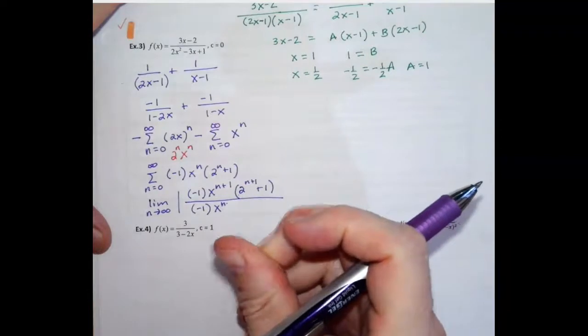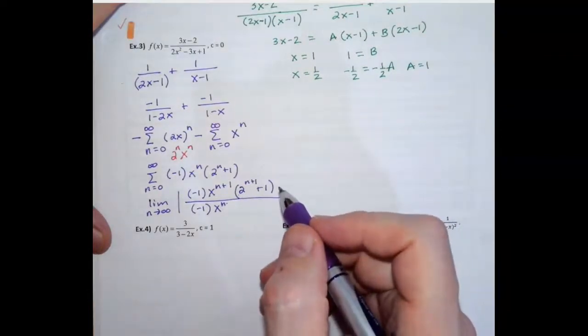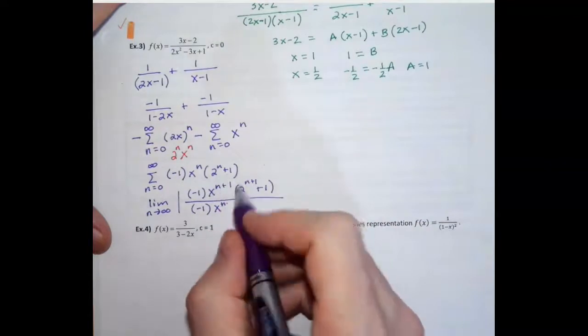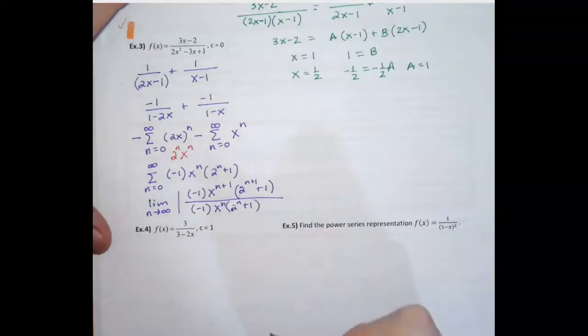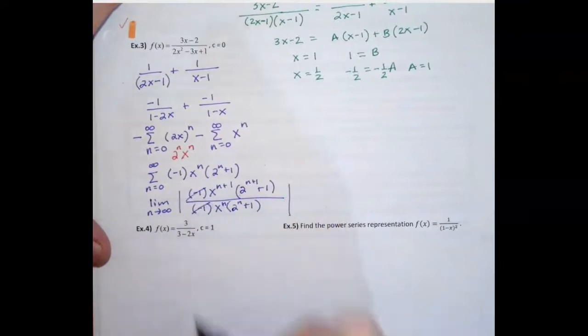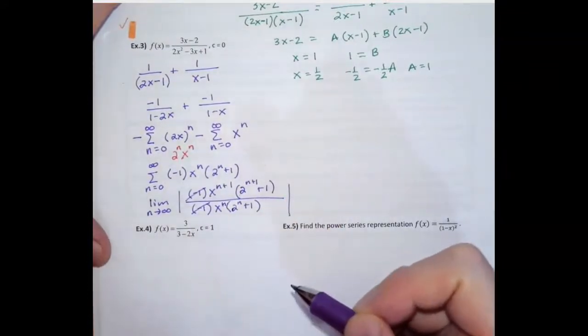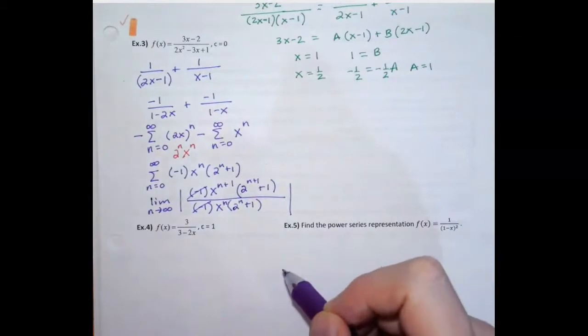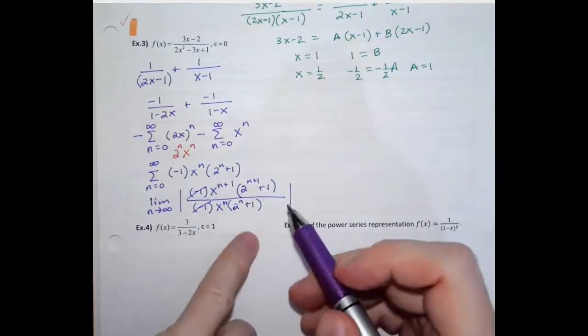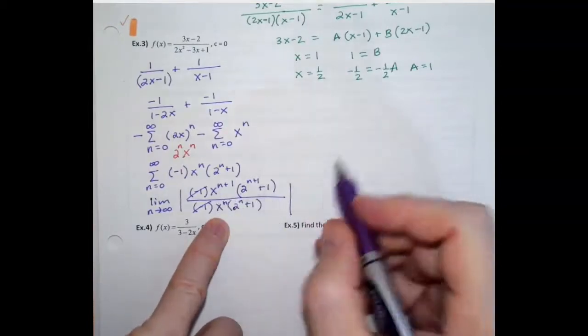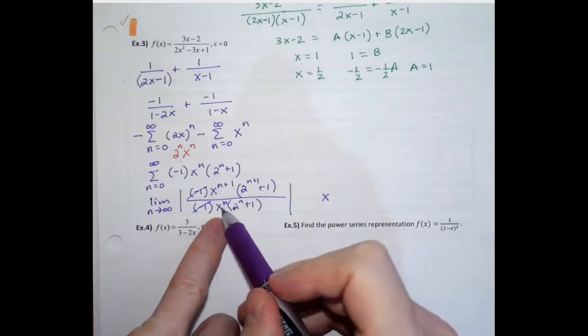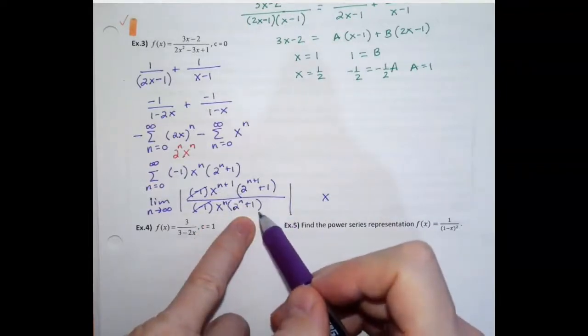And then right there, 2 to the n plus 1. Okay, so those negative ones cancel out, and if we focus on this, that's just going to be x, and if we focus on this at infinity,